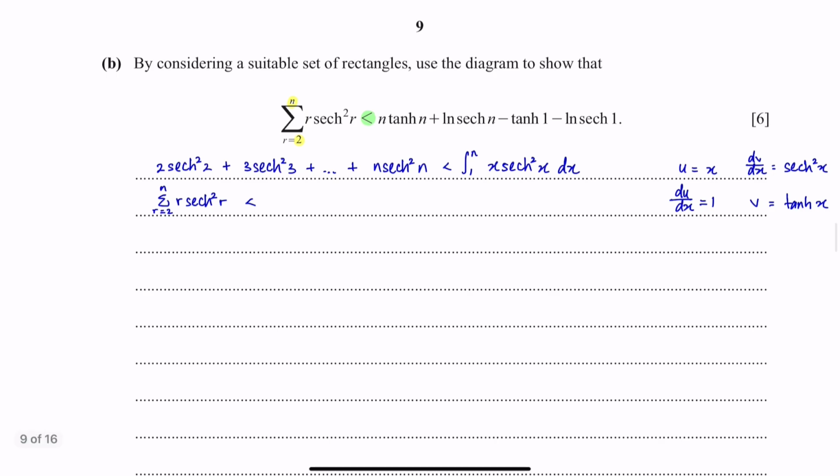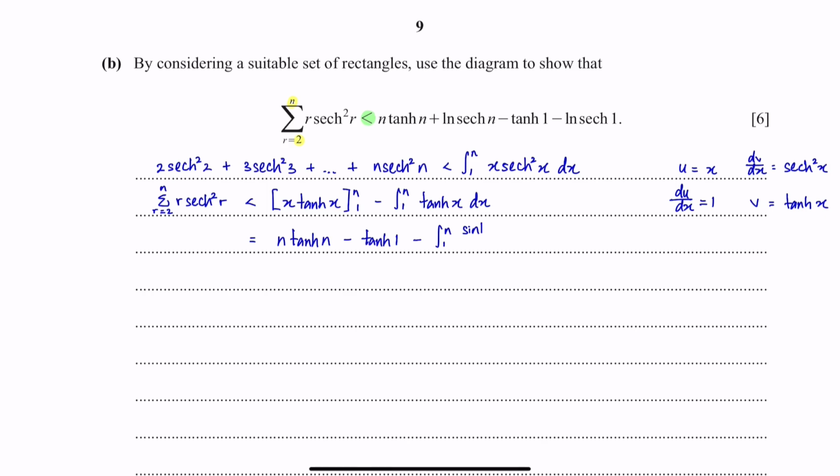So we have x tan x minus the integration from 1 to n of tan x, and we sub the numbers into this and get n tan n minus tan 1 minus, we can write tan x